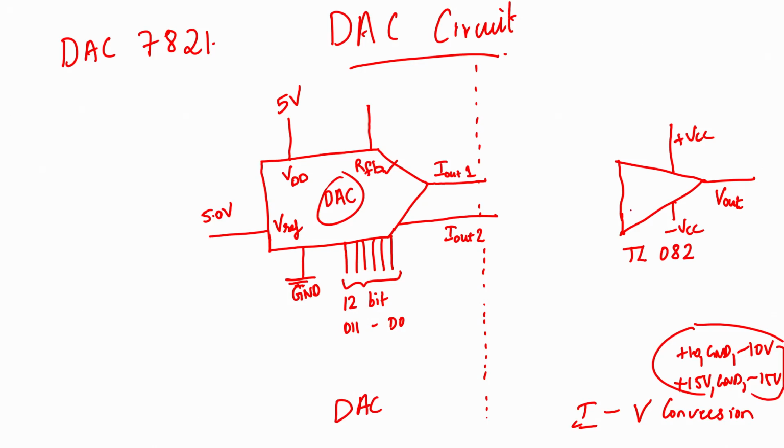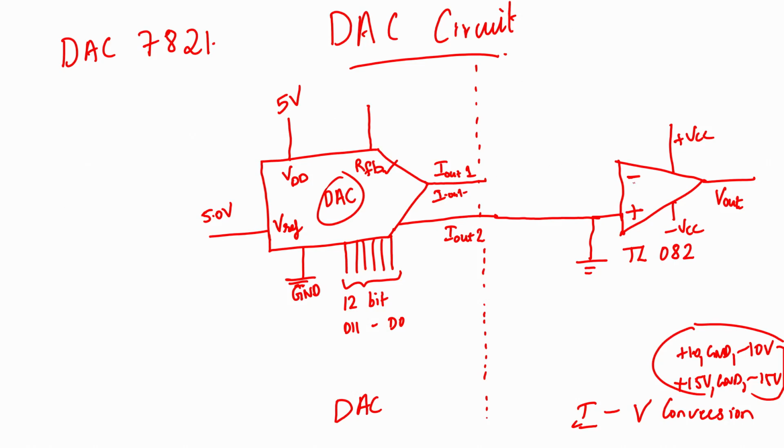Then we have the non inverting terminal and the inverting terminal. We will do the current to voltage conversion through the inverting configuration. If it is an inverting configuration, the non inverting terminal will be grounded like this. And then, as we have discussed previously, the IO2 should also be grounded as per the guidelines given in the data sheet. For every IC, the data sheet gives certain guidelines, and you should follow them. Then the I out one is our current output, and we need to convert it into the voltage output V out.